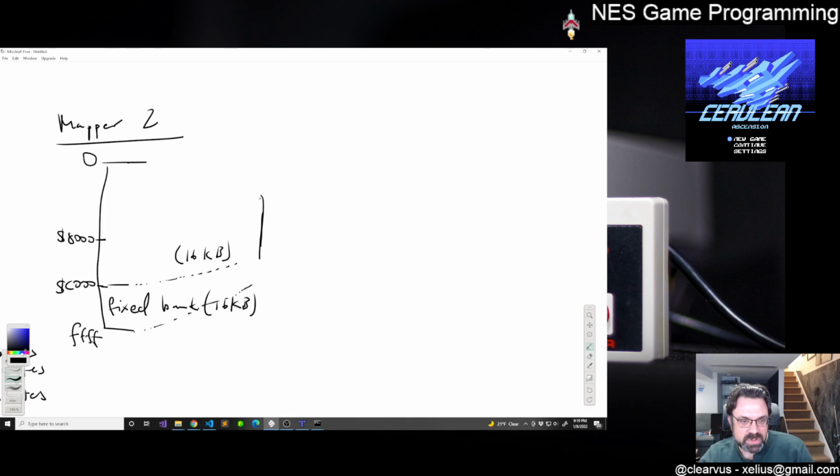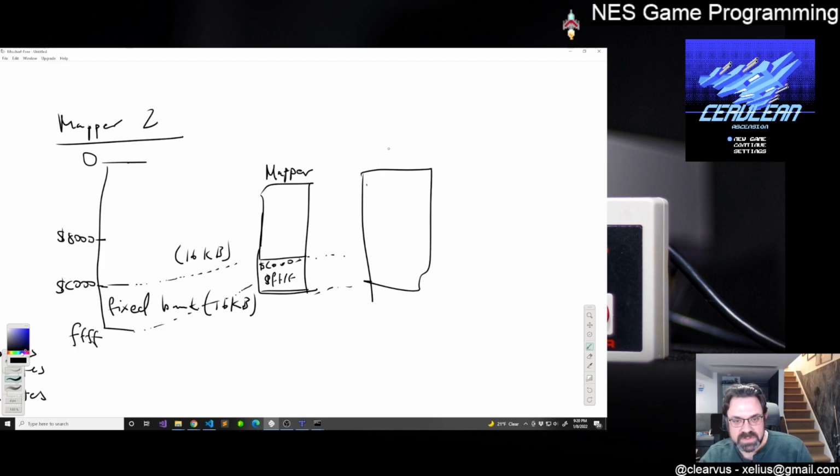Right, there's a mapper chip. This is your mapper. It's taking the address requests from the CPU, starting at C000 to FFFF, and that's mapping to, now let's do this, this is your 64K,